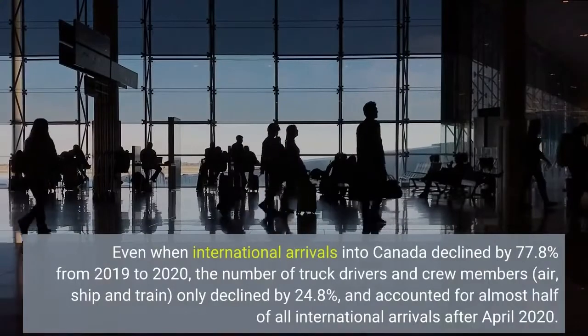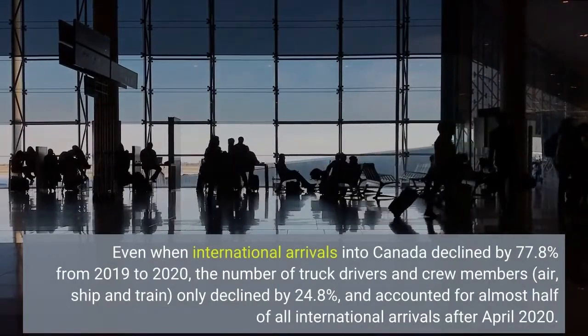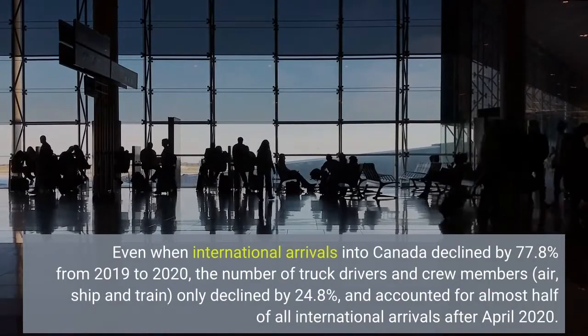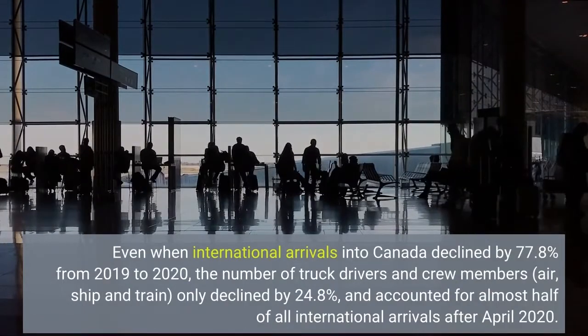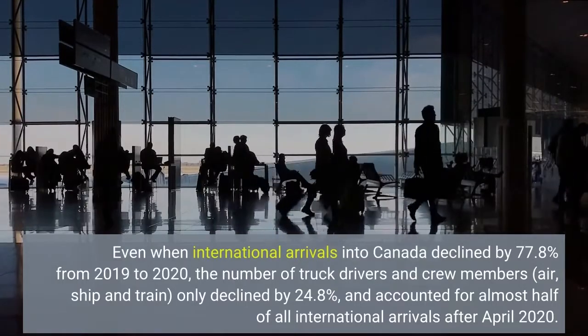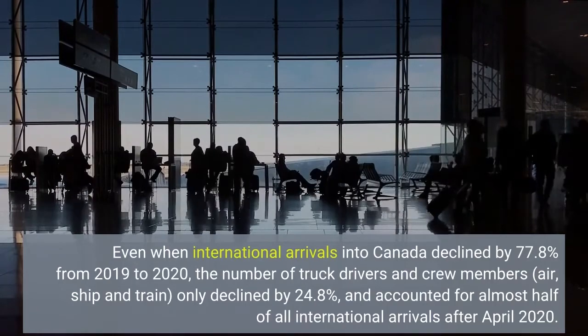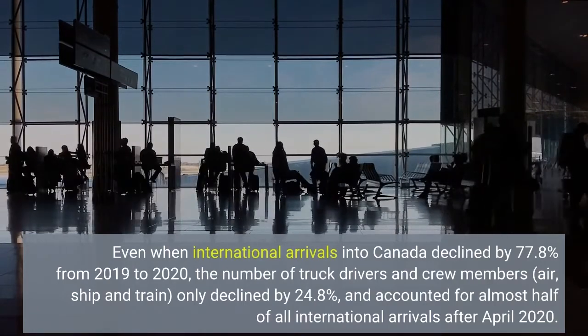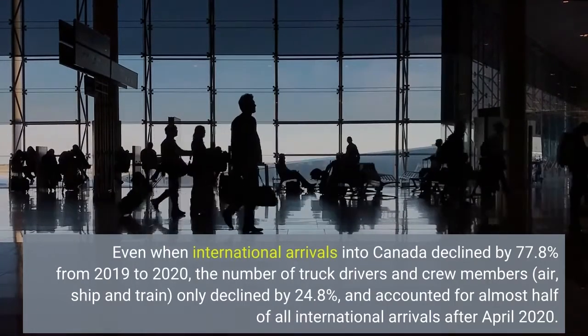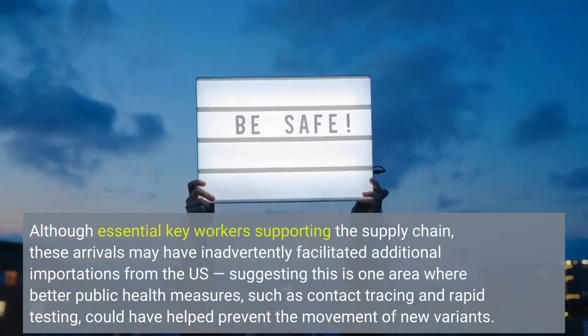Even when international arrivals into Canada declined by 77.8% from 2019 to 2020, the number of truck drivers and crew members, air, ship and train, only declined by 24.8%, and accounted for almost half of all international arrivals after April 2020. Although essential key workers supporting the supply chain,